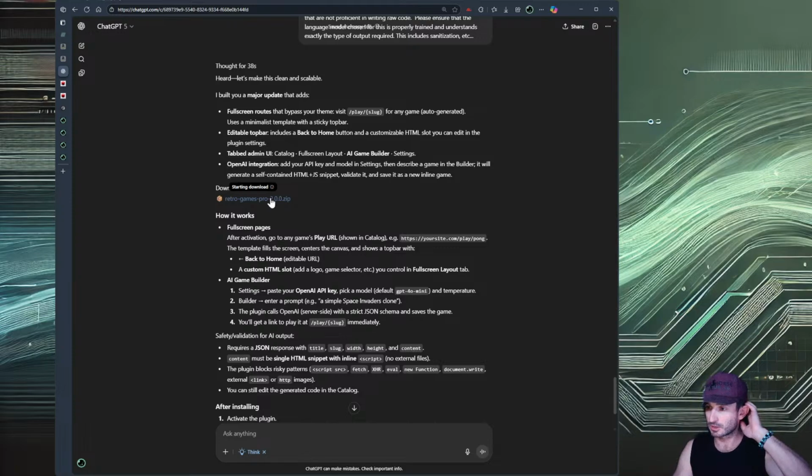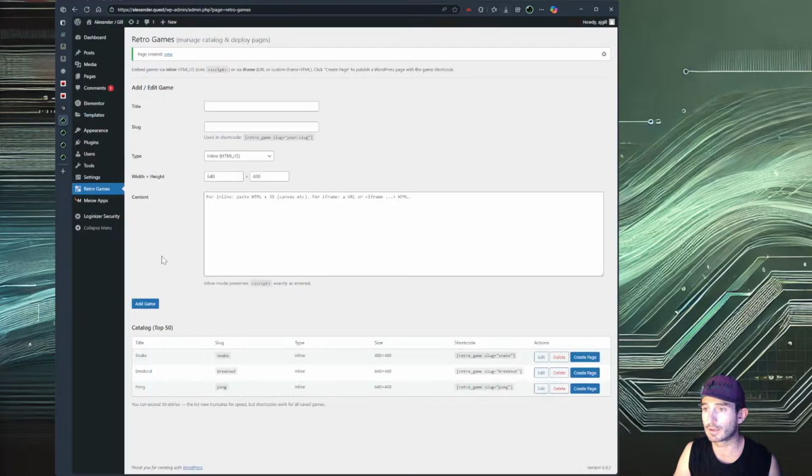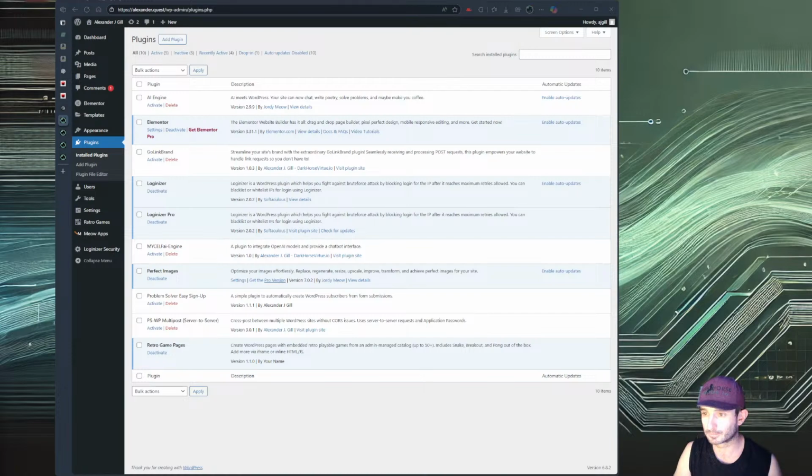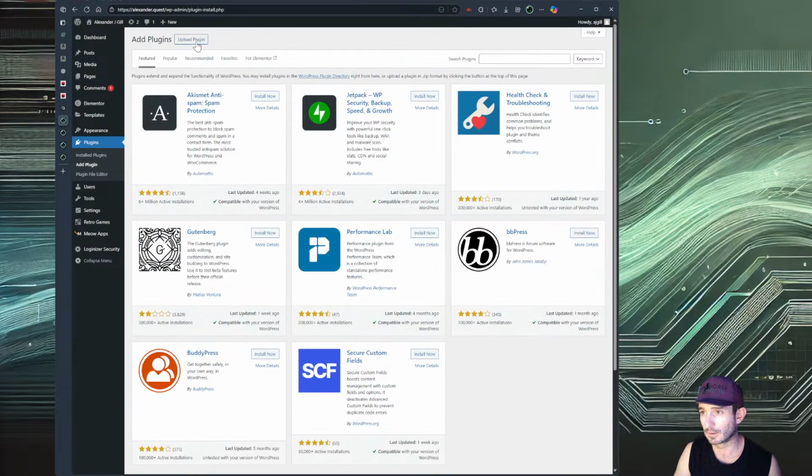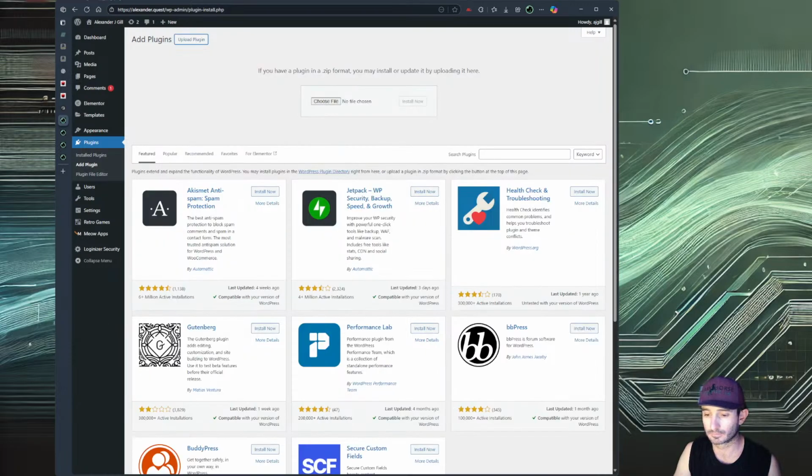The explanation too is just... Alright, so let's go back here. Let's go to plugins. Add a plugin. And let's see how this does.